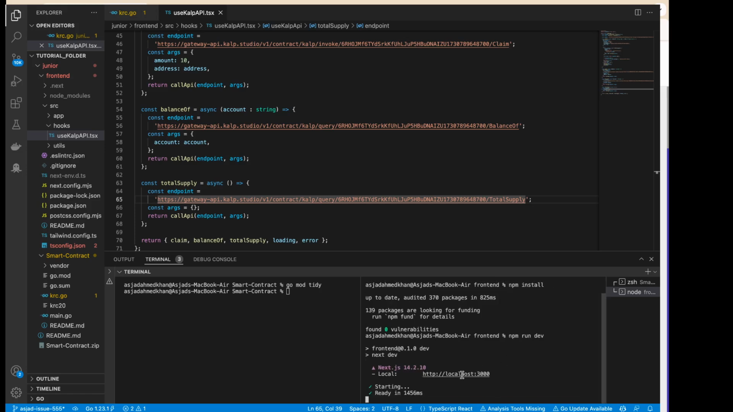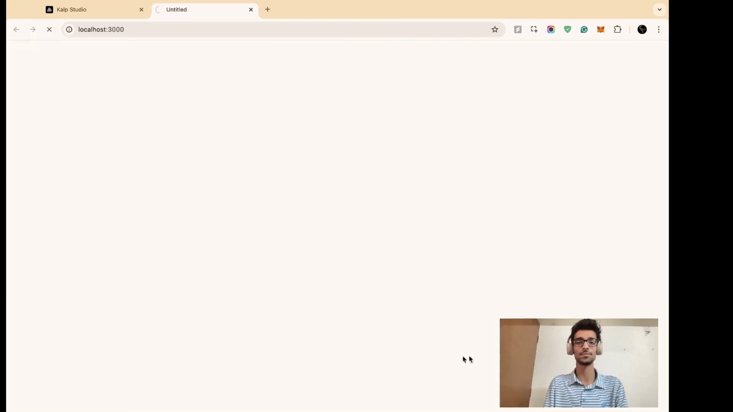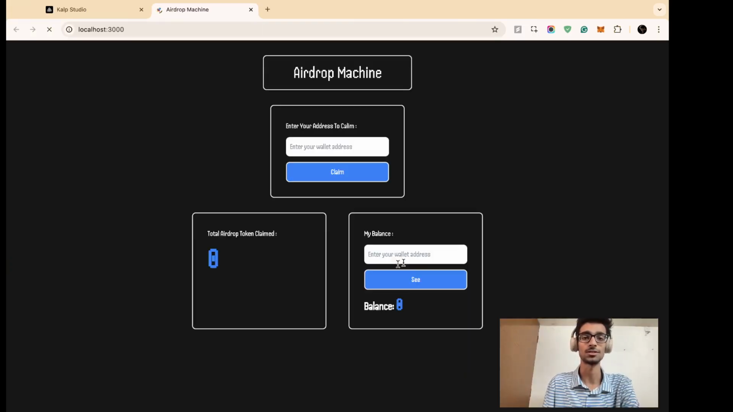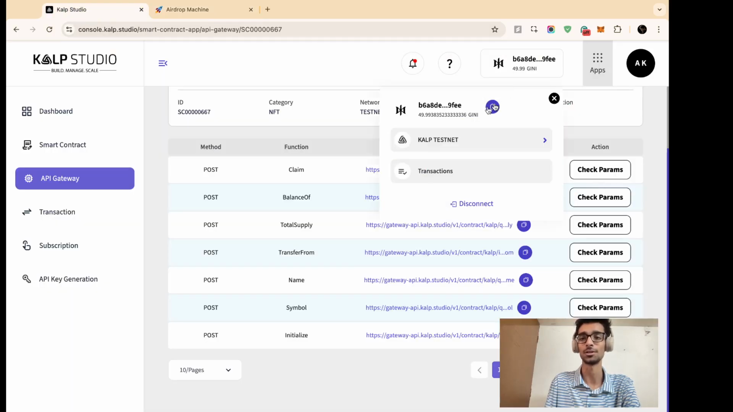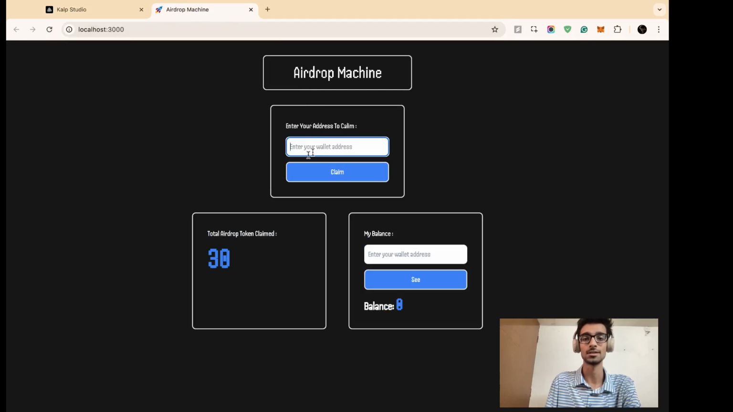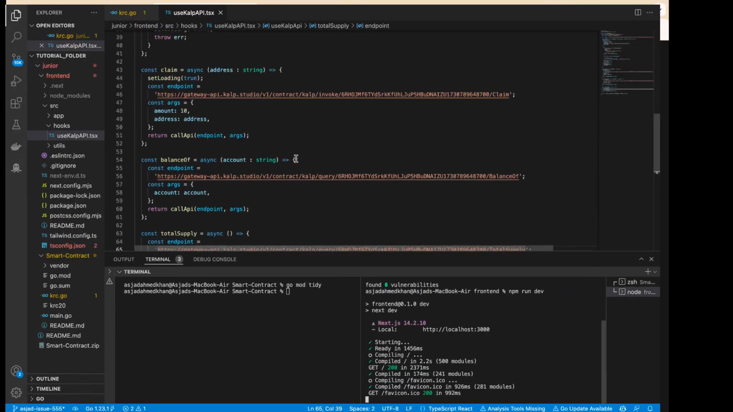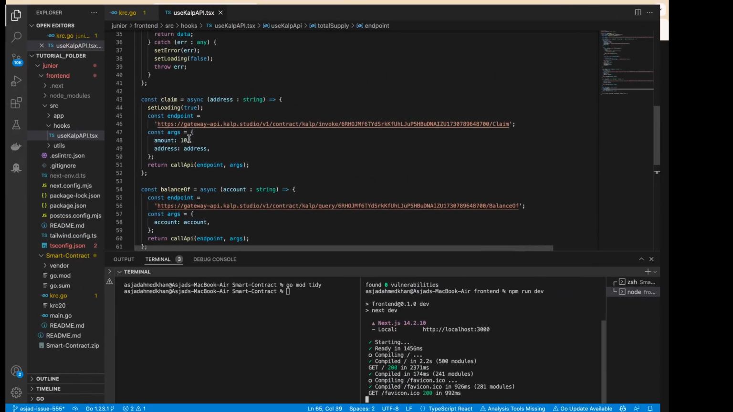You can see the application is running on localhost. Click on it and wait for a couple of seconds, and there you go. Your application has been opened. By default, I already entered 30 airdrop tokens and claimed them. To see if it's working, let's head on to your KALP Studio and copy the wallet address and paste it here. Head on to your VS Code, and you can see in the claim function, we are claiming